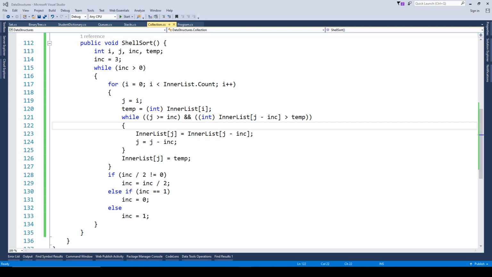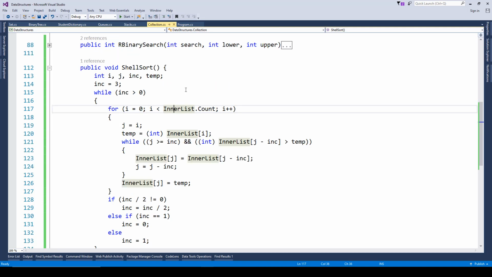As the algorithm loops through the data set, the distance between each item decreases until at the end the algorithm is comparing items that are adjacent. ShellSort sorts distant elements by using an increment sequence. The sequence must start with 1 but can then be incremented by any amount. A good increment to use is 3, and over here you can see the increment,